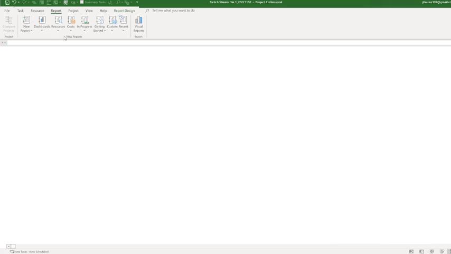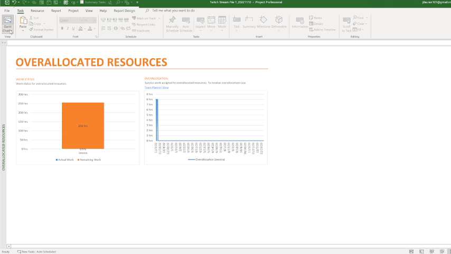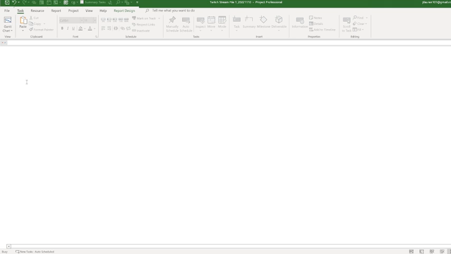Let's look at overallocated resources as well. So again, that indicator was showing you right now that our resource Jessica is overallocated. So this is her remaining work. This is the overallocation. As you see, it's in the month of November. It's a high spike of 8 hours, and this is where she's overallocated in those 2 tasks. So as you see, we already got some reports that are showing some cool stuff. So now we're just going to go back to the Gantt chart and we're going to start doing